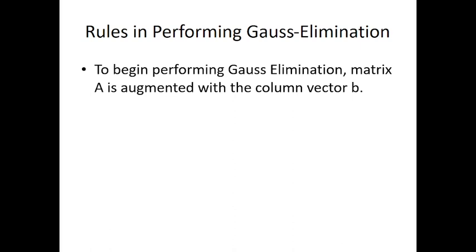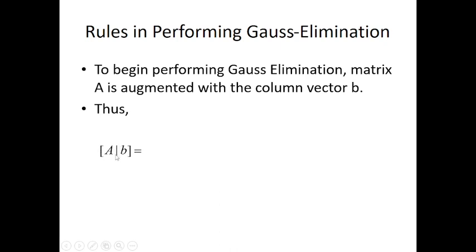So in other words, we add certain elements in A with the column vector B. In other words, the elements of column vector B will be added to the elements of matrix A. So let me illustrate. If this is the augmented matrix form,